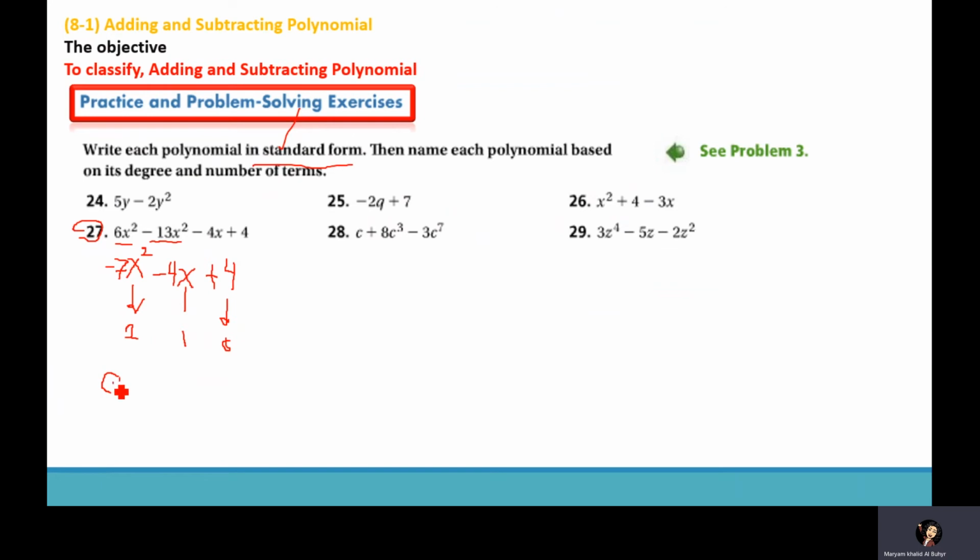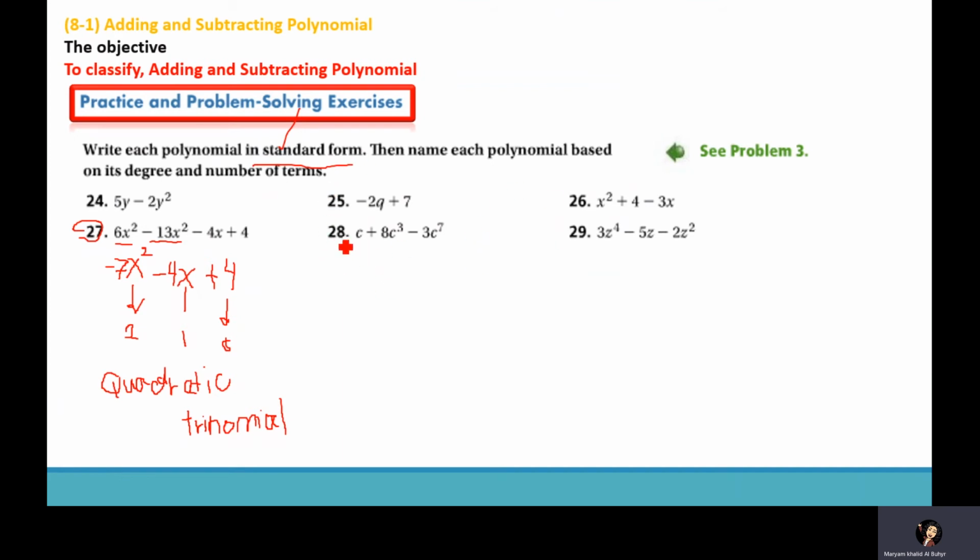So quadratic trinomial. So let me write that. So quadratic